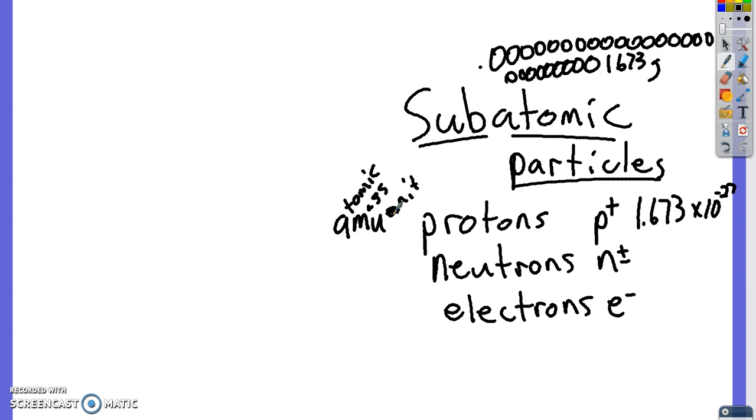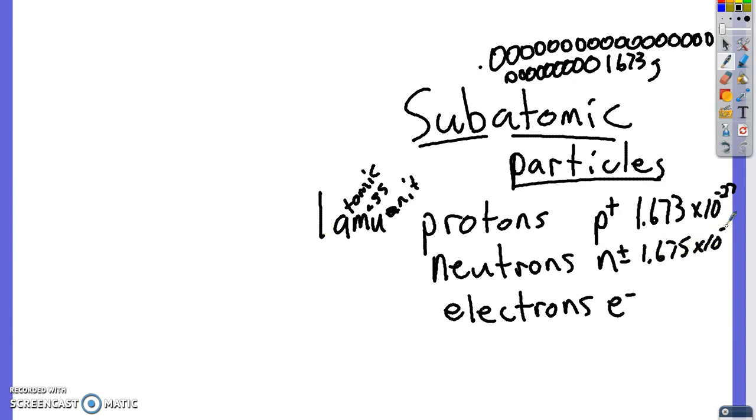It's a unit used to measure the mass of an atom, and that's basically all AMU means, atomic mass unit. And since we can make it up, they said, let's make it something nice and even. Let's just say 1 proton is equal to 1 AMU. All right, and that will make it very easy. So if we just count the number of protons, then we know how many AMUs the protons weigh, and that makes it fairly simple. Now, neutrons are